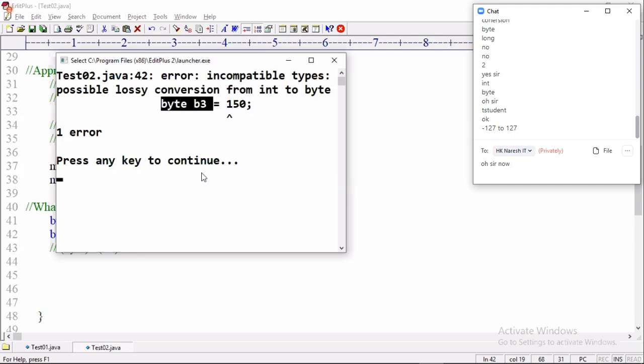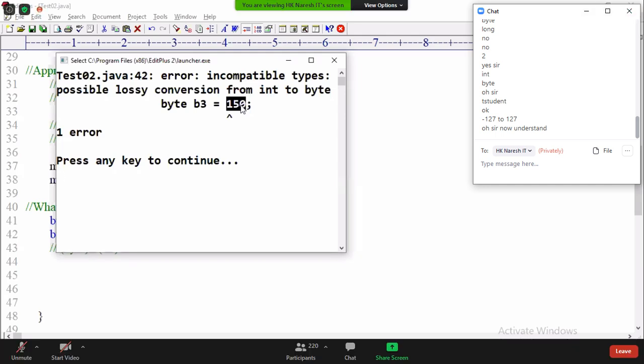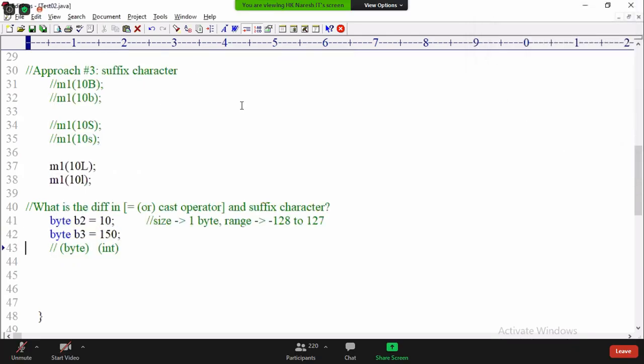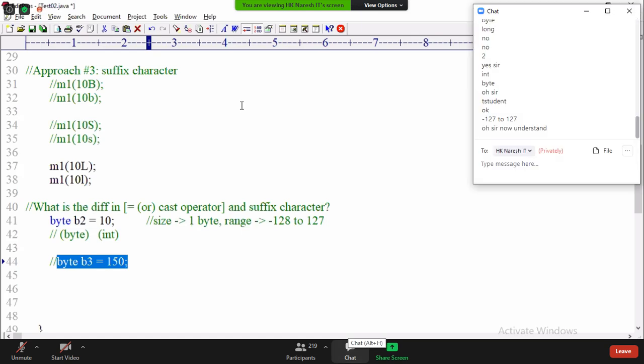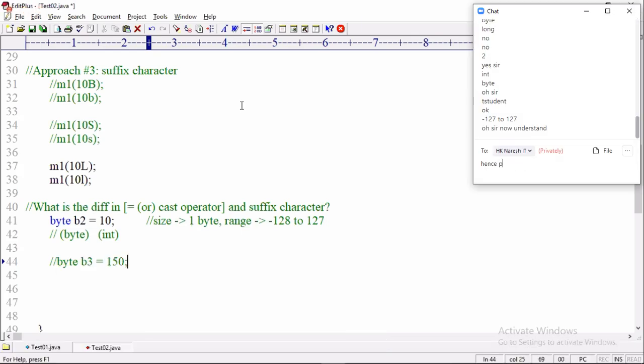Is it clear to all? Before assignment, the values are what type? Int. After completing assignment, the value is what? Byte. So clearly I have given what you call practical. I have shown you whether what I am saying is right or wrong. In the same way, try to answer now.